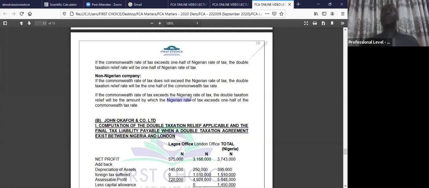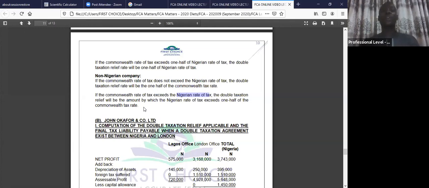The difference is what we use as your relief. So I gave an example, if your Commonwealth rate is like 40, of course 40 is greater than Nigeria, you look for half of it, which is 20, and you say 30, which is the Nigerian tax rate, minus 20, which is half of the Commonwealth tax rate. So 30 minus 20, you use 10